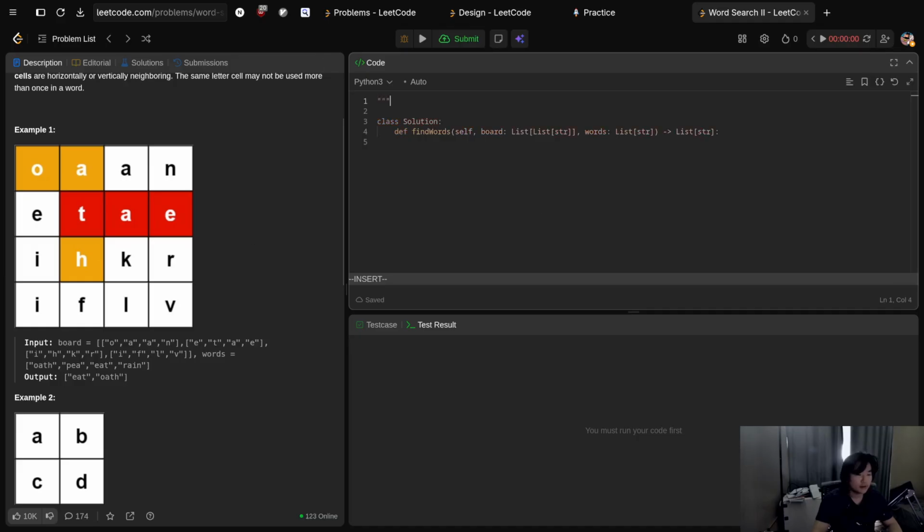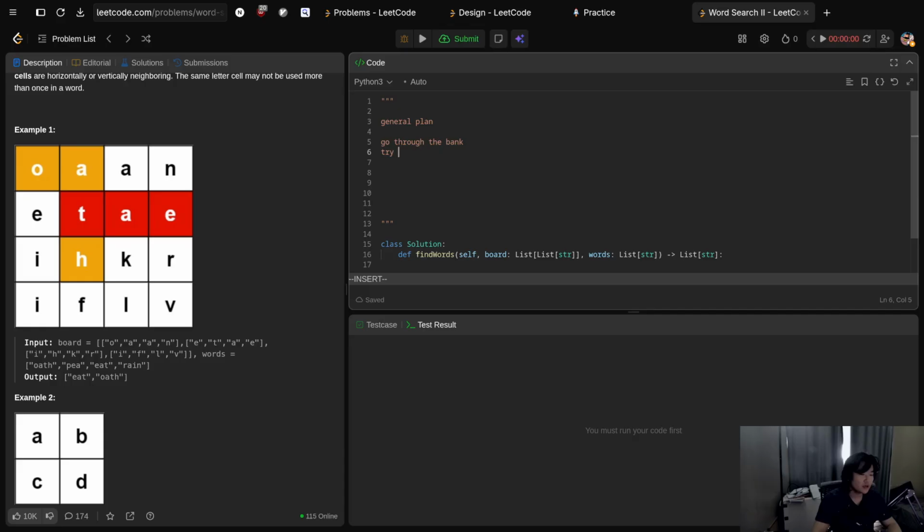So here's the general plan: go through the word bank, try to find the word in the board,